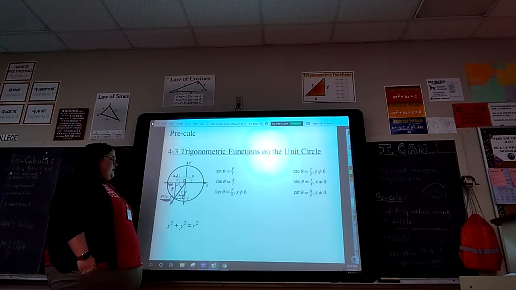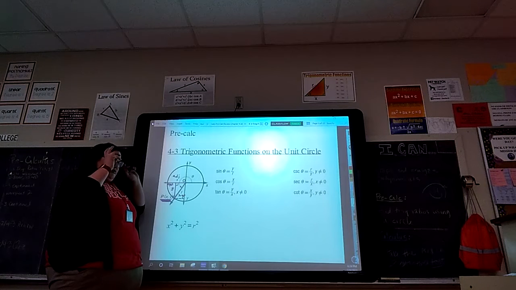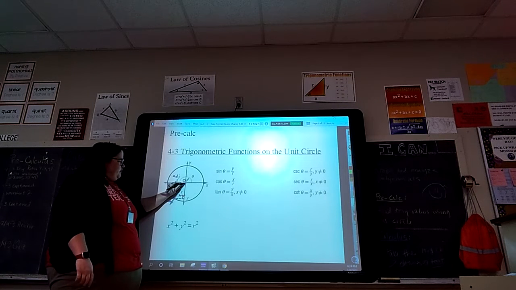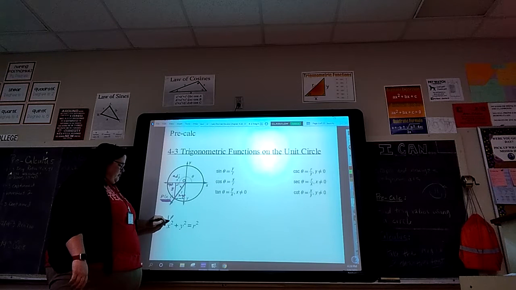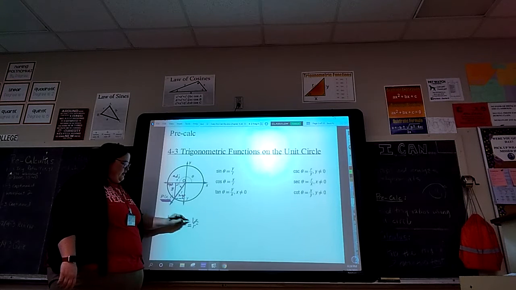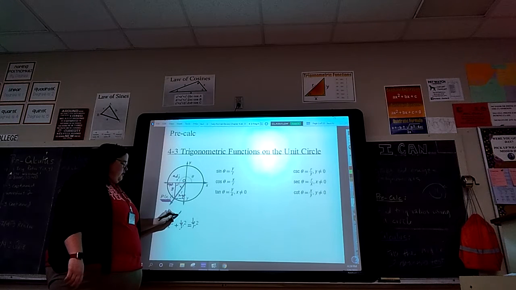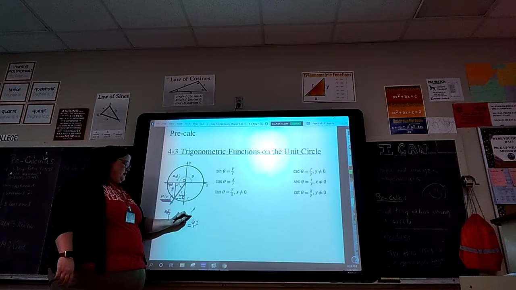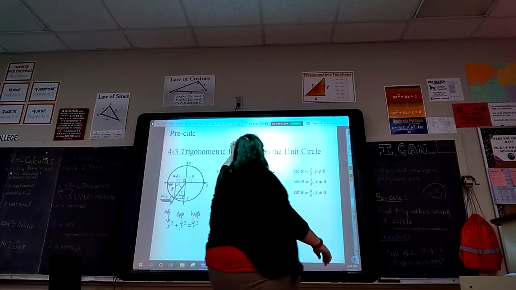So then if I give you this point, the x and y, we can use this idea that we're trying to make a little right triangle in it. And we can find the radius of the circle even if we're not given it, because we can use this reimagined version of the Pythagorean theorem. Because x is like the adjacent side of a right triangle, y is like the opposite side of the right triangle, and r is the hypotenuse of that triangle. So again, still trying to think of it as SOHCAHTOA,